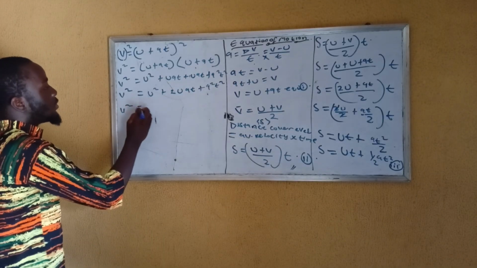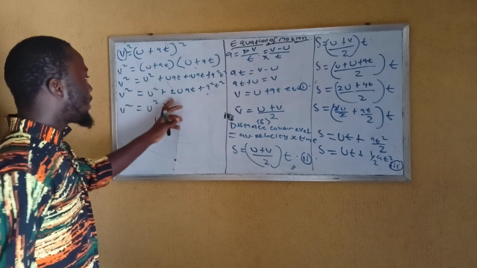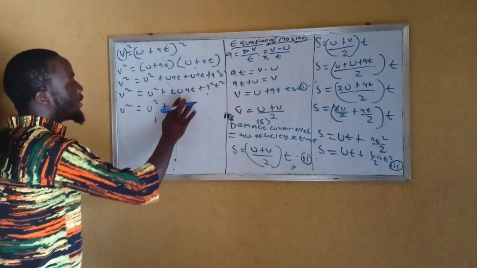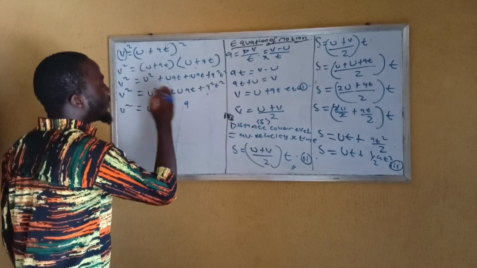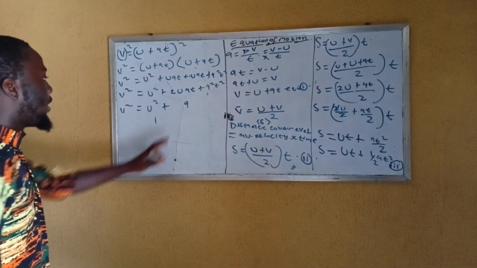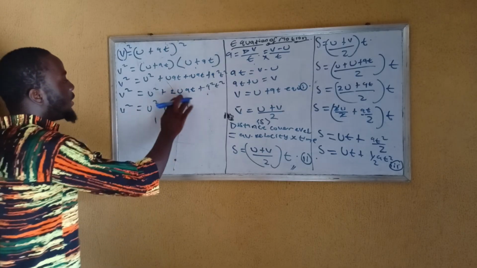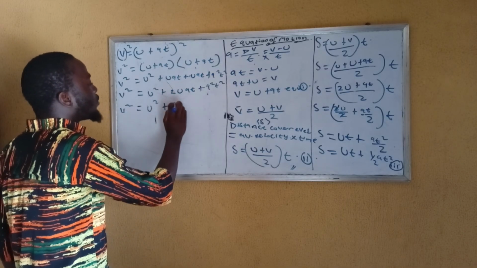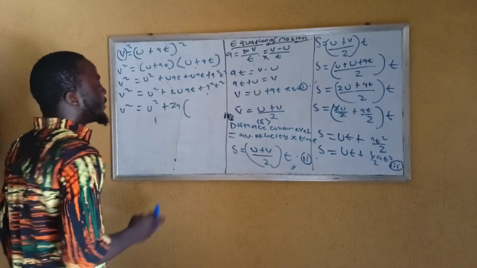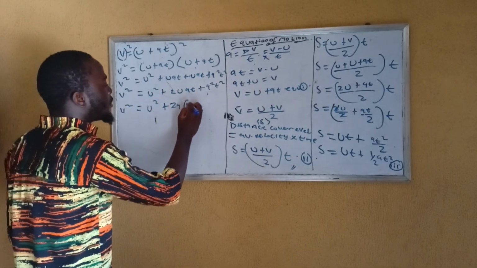Now from here we have v squared is equal to u squared plus, now what's common? You know that here a is common. We also have 2 to be common. You can bring 2a outside right here and say 2a into uat will give us, this one will remain